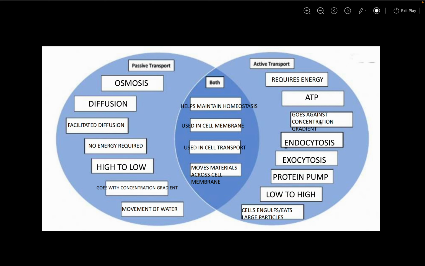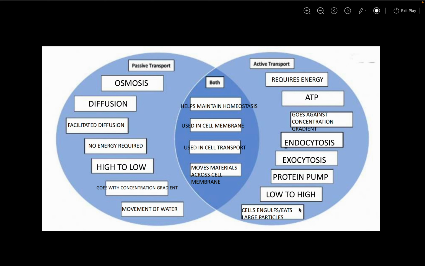It goes against the concentration gradient, which is not complementary with the passive transport that goes with it. It has endocytosis. When you encounter the word endocytosis, this is a cell activity wherein it devours or engulfs the unwanted molecules of the cell composed in it. We also have exocytosis, protein pump, which pumps a massive amount of protein to be able to generate